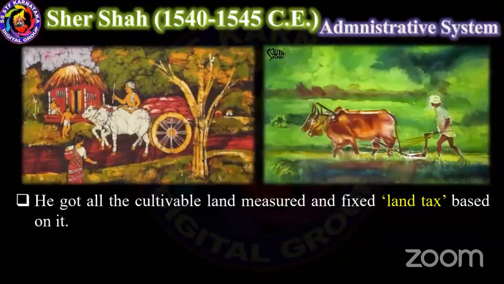He got all the cultivable land measured and fixed the land tax based on its fertility. These are the revenue reforms of Sher Shah. First, we discussed the administrative reforms, second the military reforms, and now we are discussing the revenue reforms. Here, he measured all the agricultural land and fixed the land tax based on its